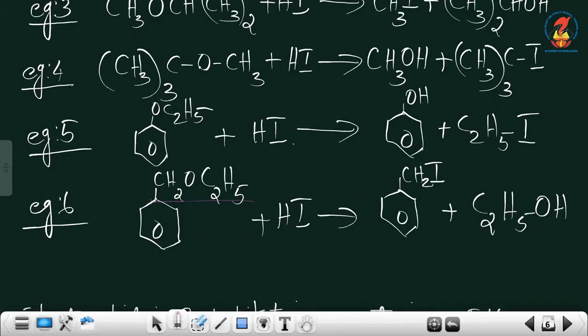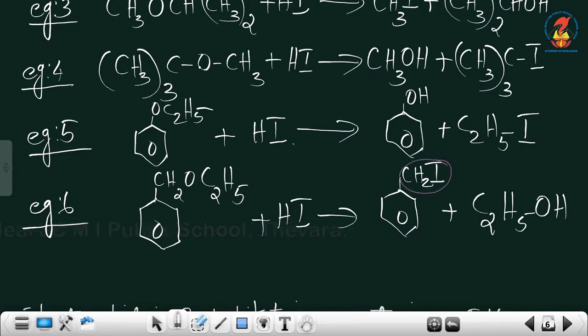The name of this compound is benzyl ethyl ether. The benzyl group is C6H5CH2, and the functional group is ether. So, benzyl ethyl ether. When this reacts with hydrogen iodide, the product formed is, instead of benzyl alcohol,